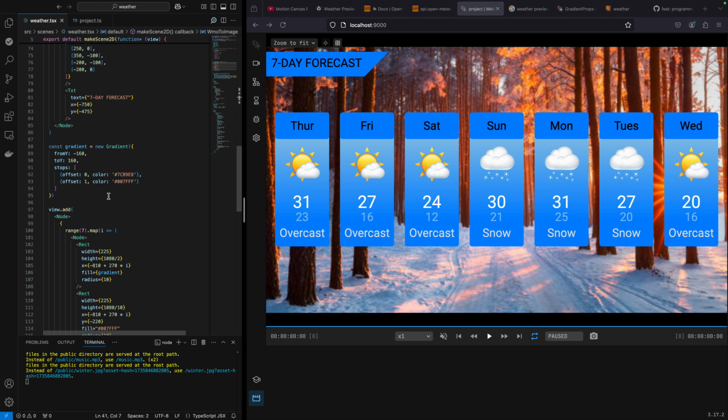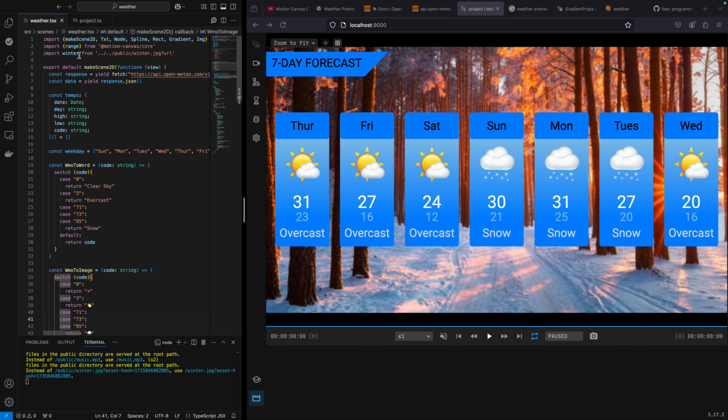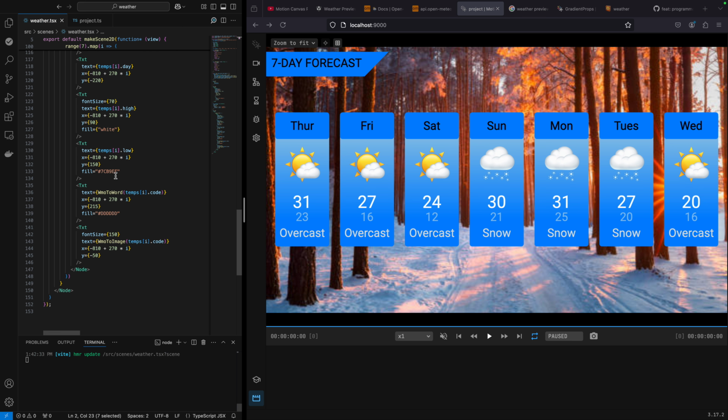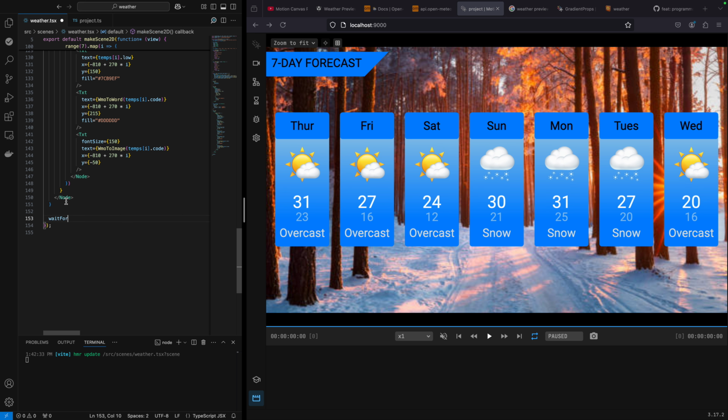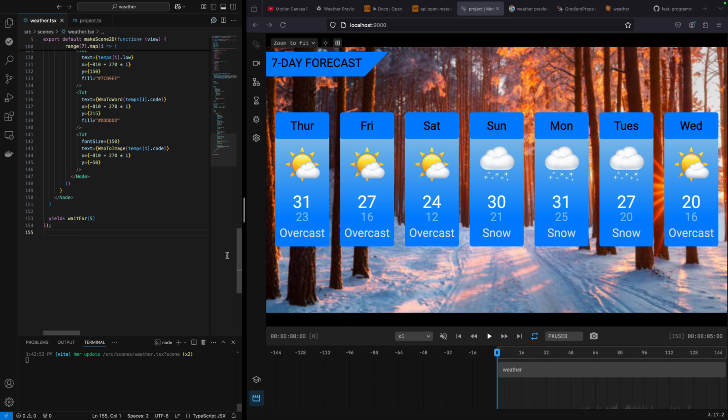So to get this actually working, we need to, after range, add wait for, and at the very bottom, we have to remember to do our yield star wait for, and I'm just going to do 5 seconds. Again, I don't own the video or audio, and I don't want to get a copyright strike from YouTube, so I'm only going to do 5 seconds. And we can see our audio is right there. If I expand this,